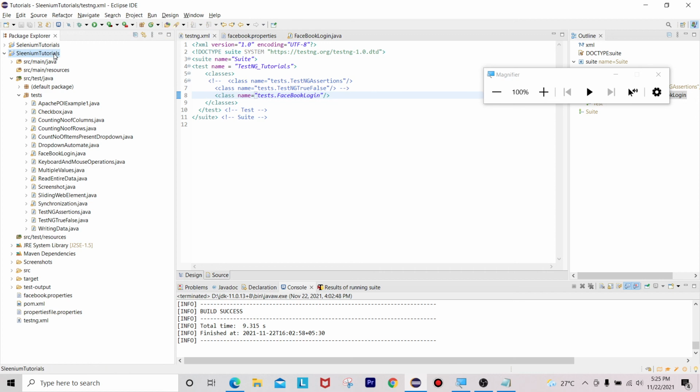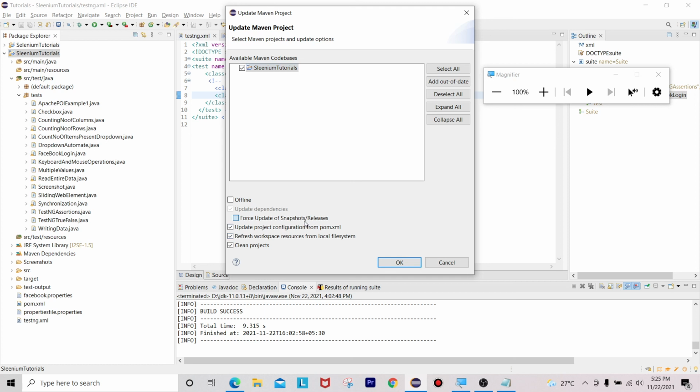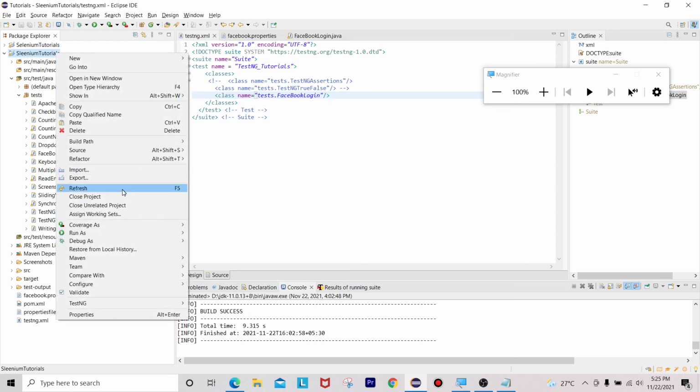First let me update this project one more time, Maven update project. Okay, updated, it's updating now. And also now let me refresh it one time.